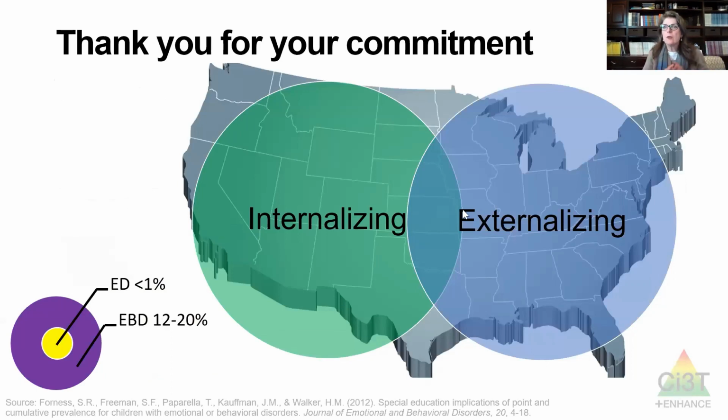One of the things that I do want to mention is that although we're talking about these separately, like supports for externalizing and internalizing, we want to extend that gentle reminder that these are not completely siloed. When you look at the percentage of kids in the United States that are struggling with internalizing issues, shy, anxious, withdrawn, that is a large group of kids that have internalizing issues as well as externalizing, and there's a moderate degree of overlap. About 25% of the kids tend to have challenges in both domains,